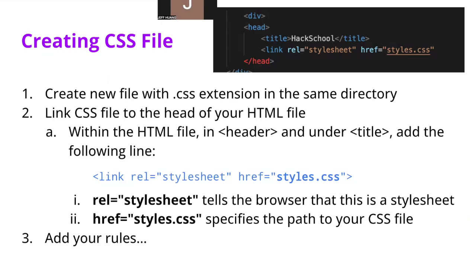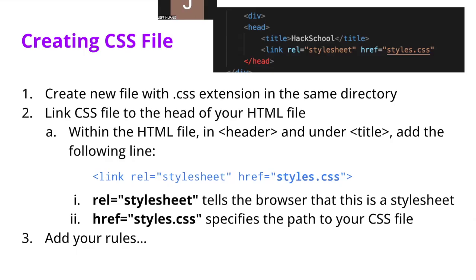All right, so how do you connect your CSS file to your HTML file? You would first need to make a CSS file, right? It's basically the same thing as the HTML file. You would create a new file and end the file name with .css, and then link the CSS file to the head of your HTML file.